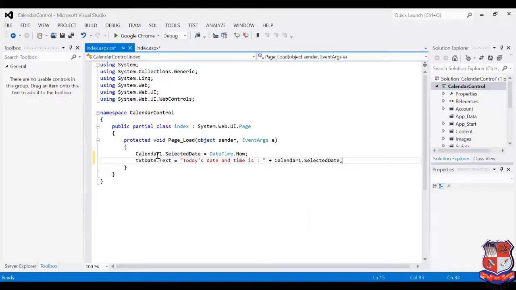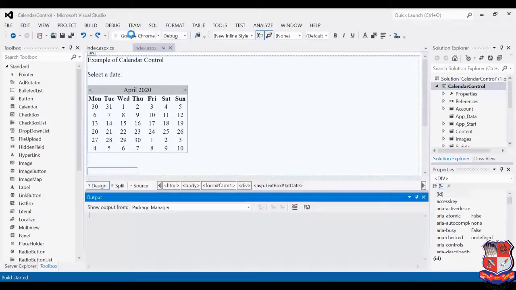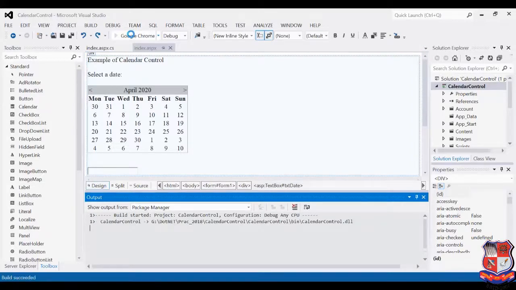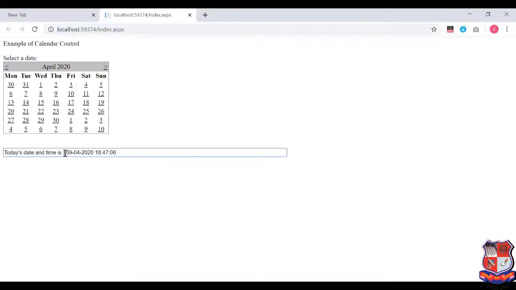That's it. Now I'm going to run it by clicking this run button, and it will open in Google Chrome. We can check the output over here. It gives us today's date and current time.